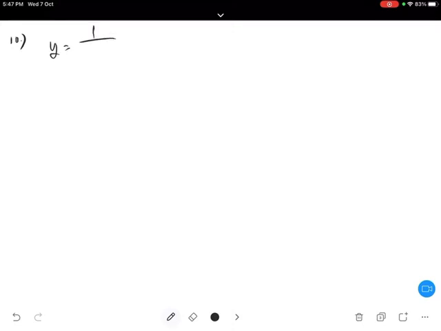So here the equation of the curve is given, that is y is equal to 1 upon x minus 1, and you have to find the equation of the line. So first thing, let us find the slope of all those lines. The slope is given, minus 1. Achha, let us find the points.